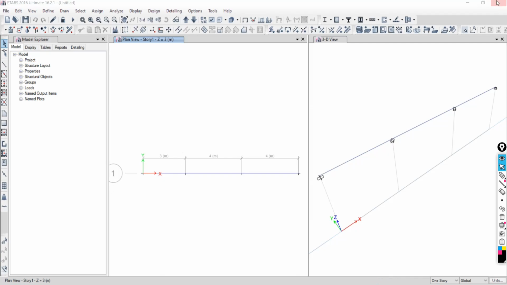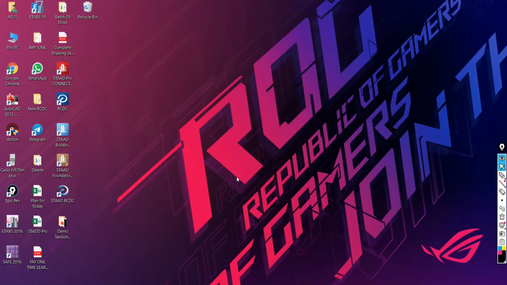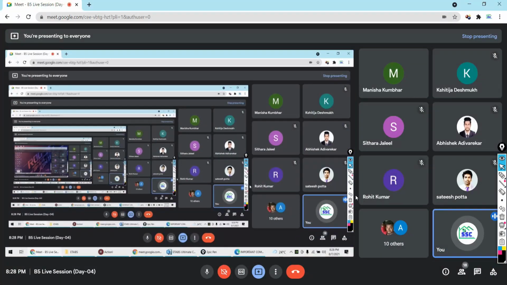Yes, sir. Now close this. Say no. So overall, we do not know what version of the ETABS software the next person is using. If you have to send the file, what do you have to do smartly? If I am asking you to send the file to me for checking purposes, and you do not know what version I am using, what will you do first?